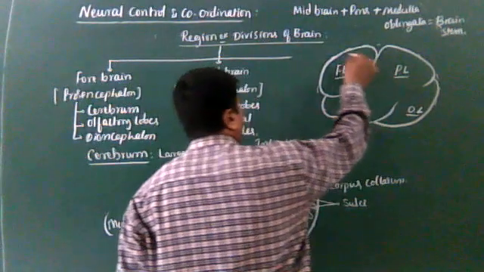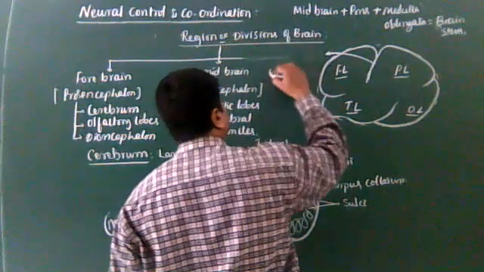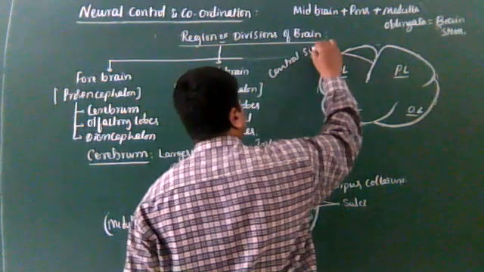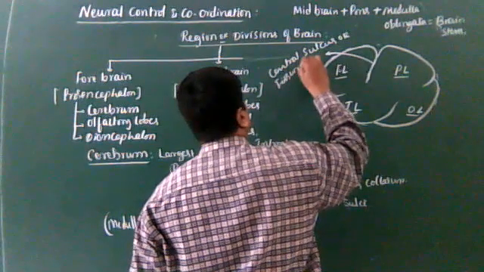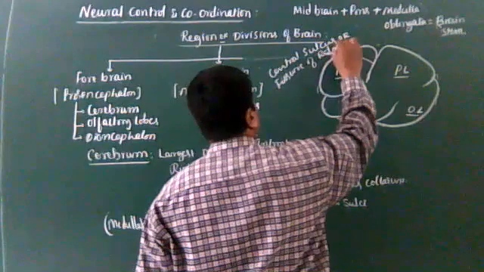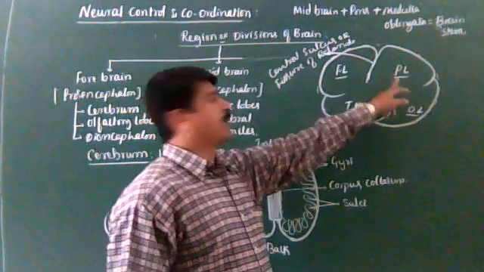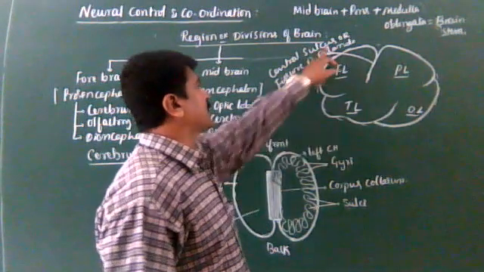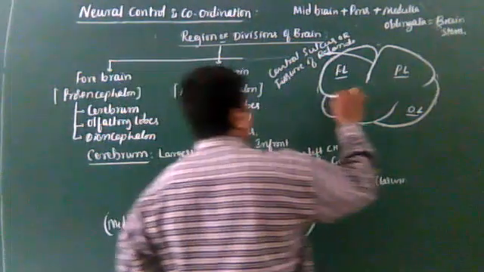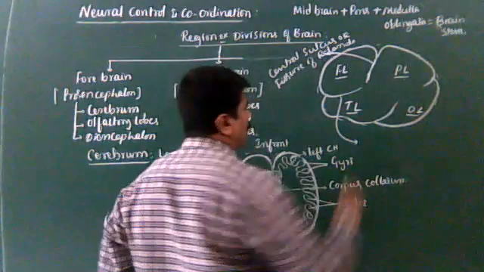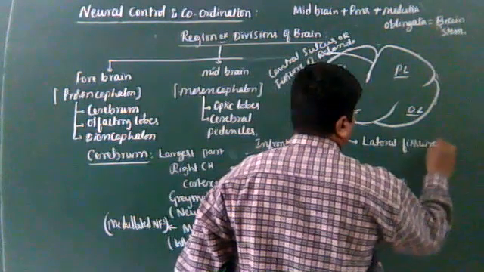Look at the board. The frontal lobe is separated from the parietal lobe by the central sulcus, also called the fissure of Rolando. The frontal lobe is separated from the temporal lobe by the lateral fissure,